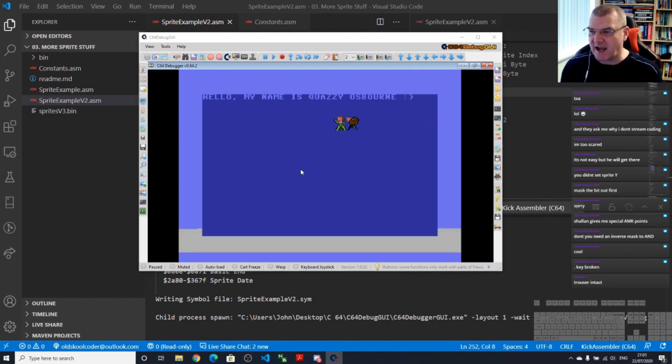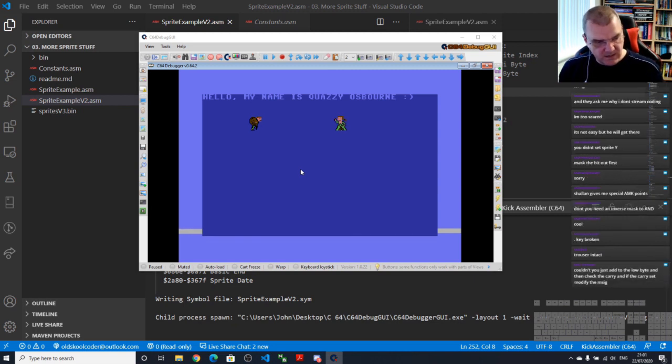Lovely. Look at that. We no longer have to worry about the MSB. We've got that routine to do it for us. It is working out whether we need to set the high bit or not. And this allows us to be